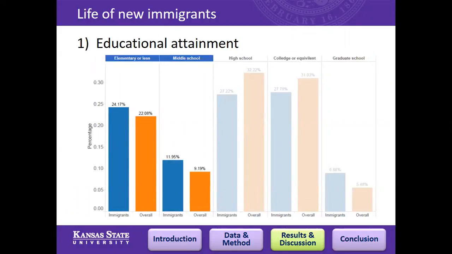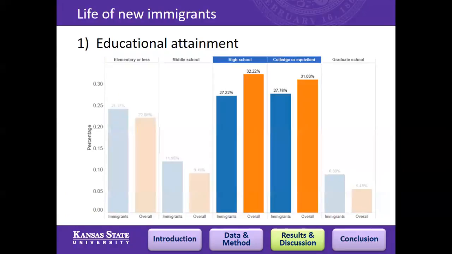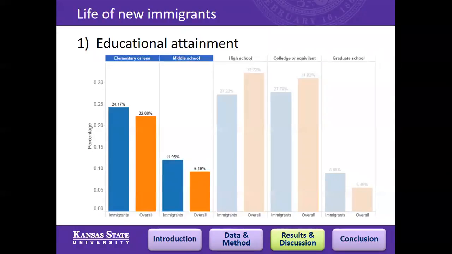First group is middle school or less. The percentage of immigrants who hold a middle school degree or less is higher than US average. But the second group, those who have high school to college degrees, immigrants has less people who hold high school degree or college degree than US average. So these two groups actually tell us the same story, that basically most of the immigrants have less educational background